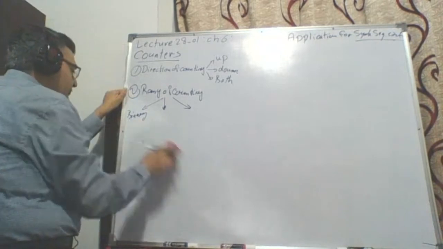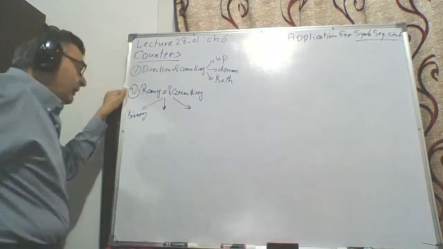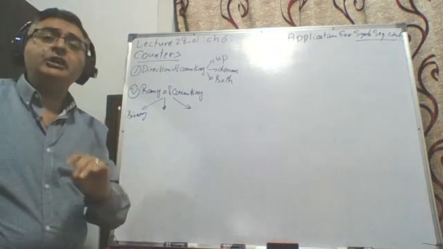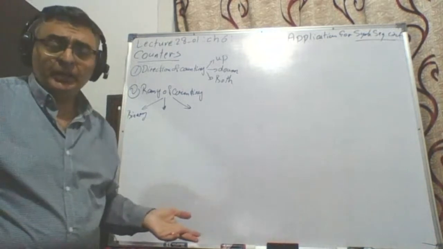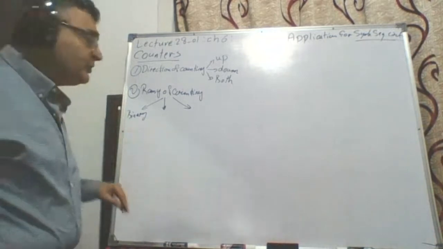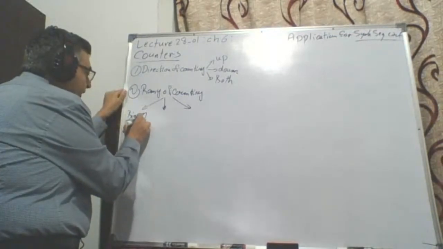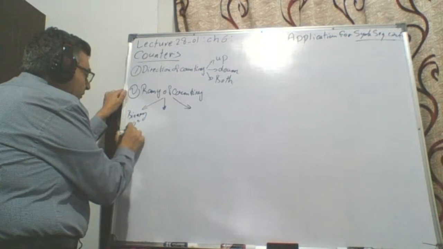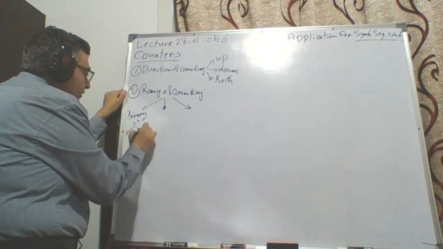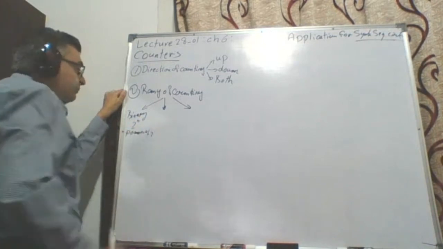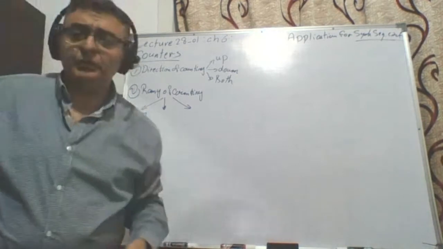Okay, what's the binary counter? The counter that counts in the range of binary. What's the range of binary? The range of binary is powers of 2. Yeah, 2 to the power n. So that means the binary counter could count